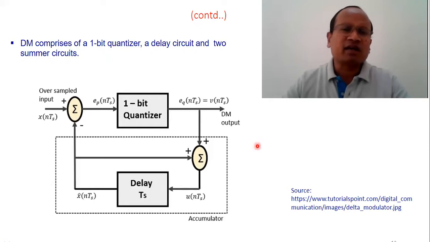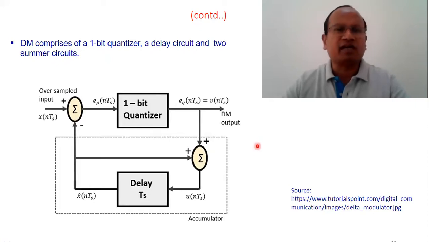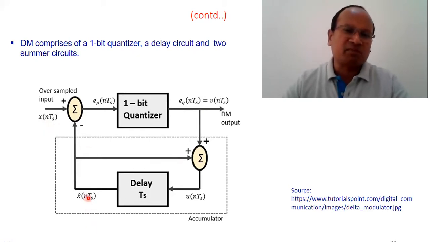This is another block diagram. That's what I was telling in the previous diagram, that the input which is coming in the form of samples, we write the discrete signal generally as x(nTs), where Ts is the sampling interval. So x(nTs) goes to the mixer, and then the approximated previous sample x cap(nTs) is compared with the incoming sample, and therefore the error is generated. That error goes to the 1-bit quantizer, and then the quantized error signal is generated.